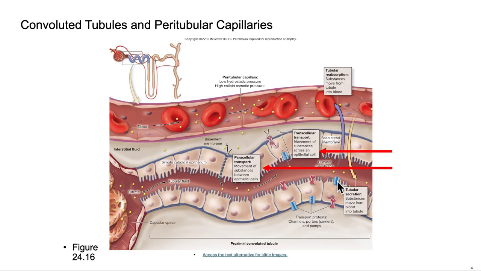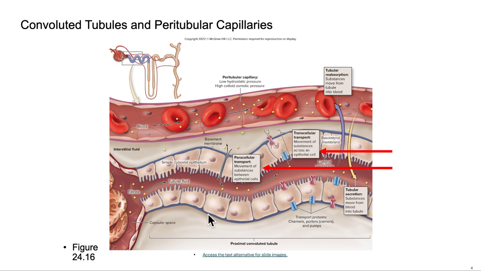So here you can see a schematic of our tubules along with the peritubular capillaries that we were referring to. Peritubular just means beside the tubule or around the tubule, right? So here's our peritubular capillary, the red line in the schematic. And then here's our lumen. This over here would be the glomerulus. This is the capsular space, so this is Bowman's capsule with the space on the inside. And then here is our PCT,